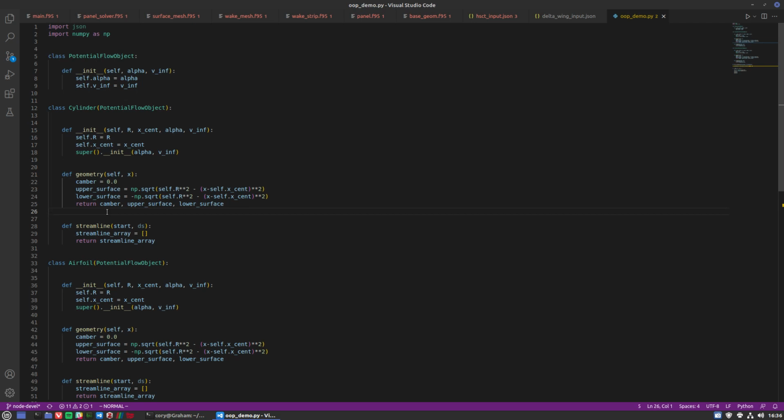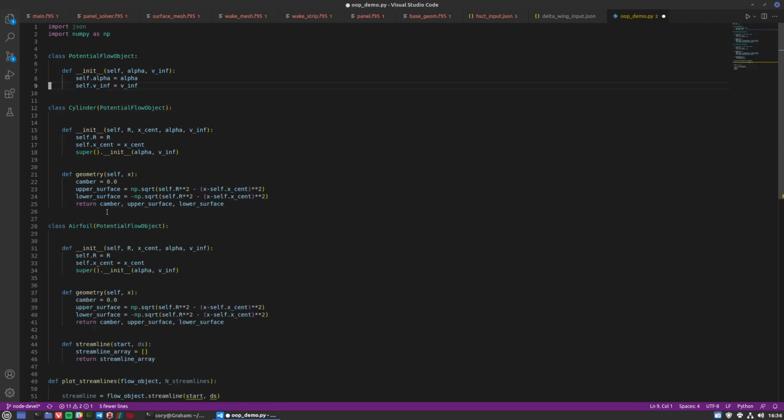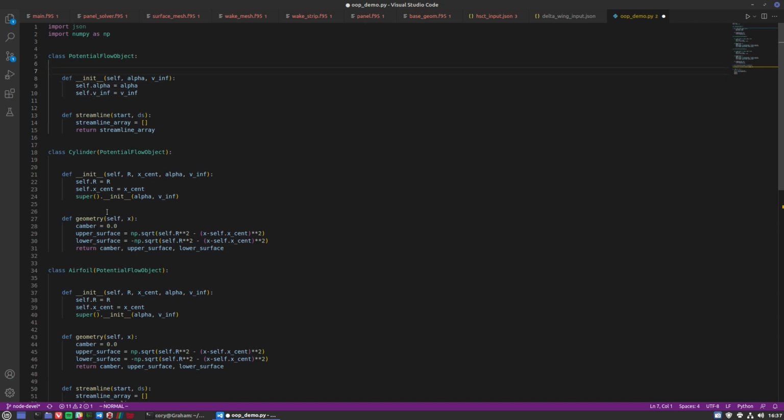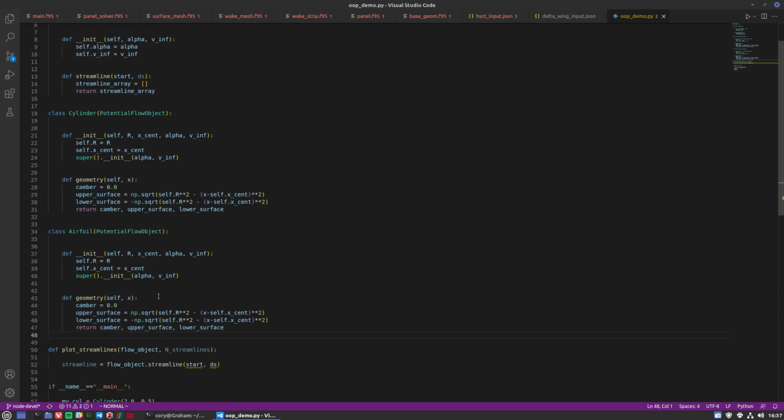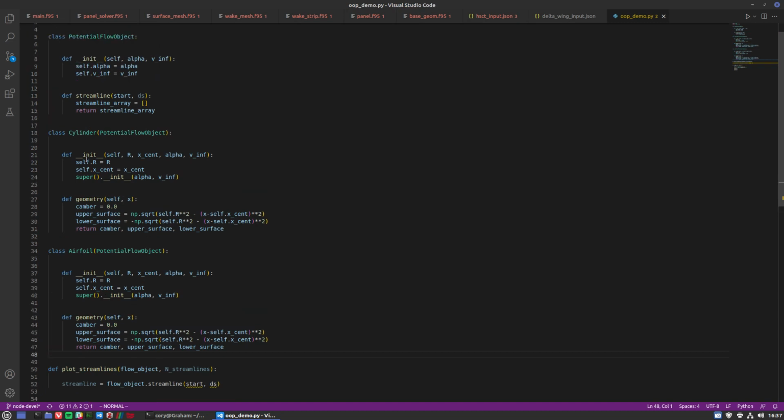Well, that should be the same between cylinder and airfoil. So I'm going to make streamline a part of my potential flow object class, and I'm just going to get rid of it from airfoil and cylinder. But since airfoil and cylinder both inherit from potential flow object, they both now have this streamline function. So I can call streamline from potential flow object, from cylinder, or from airfoil, and it'll do all the